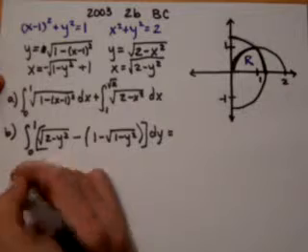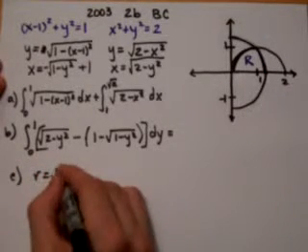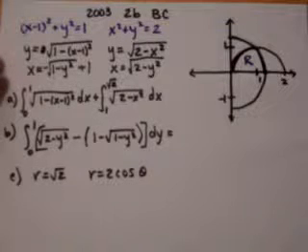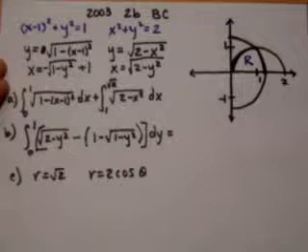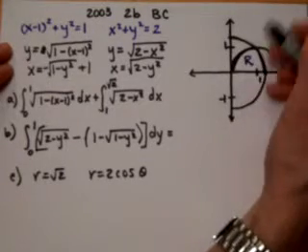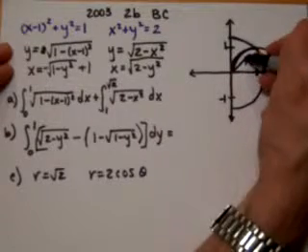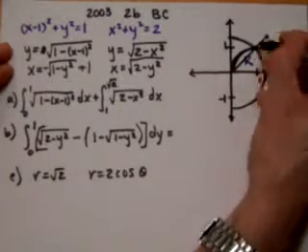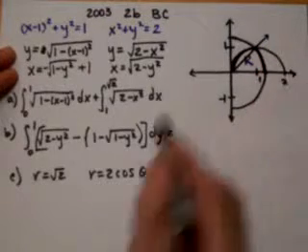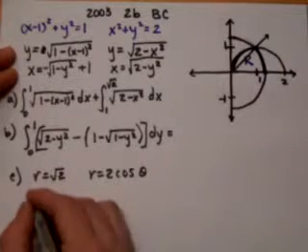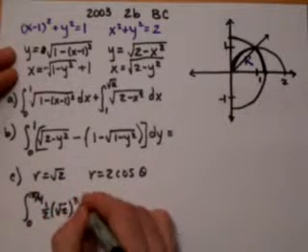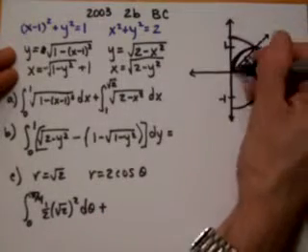C says that the polar equations of these circles are r equals root 2 and r equals 2 cosine theta. Write an expression involving integrals to find, with respect to theta, the area of R again. So what we want to do is go like that, and since that goes through (1, 1), that's at 45 degrees or pi over 4. So we're going to find the area under this circle, which is this one, from 0 to pi over 4, 1/2 r squared d theta, plus from pi over 4 to pi over 2,